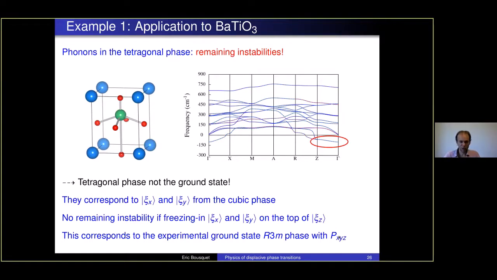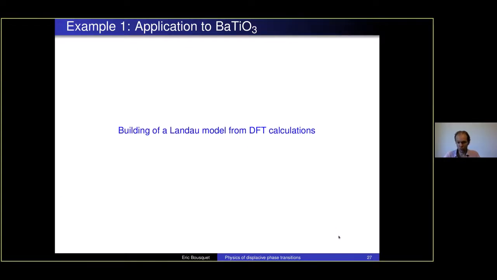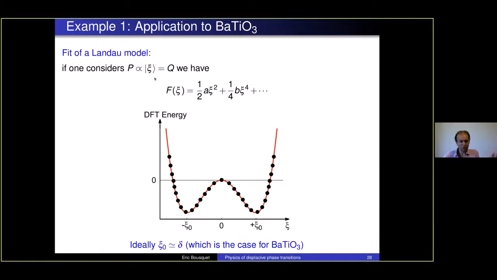Okay, now out of that, you want to eventually build a Landau theory model, because we have seen that we have a direct connection between the Landau theory macroscopic order parameter and the microscopic one, in the case here of displacive transitions. We have seen that the polarization in the structure is directly proportional to the eigenvector of the soft mode of the cubic phase, which corresponds here to the macroscopic order parameter Q that I defined before.